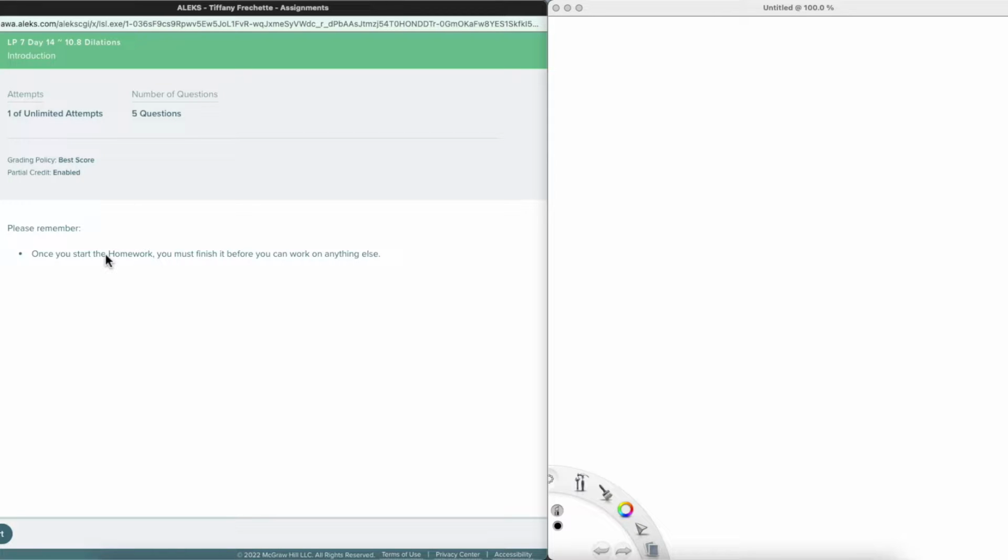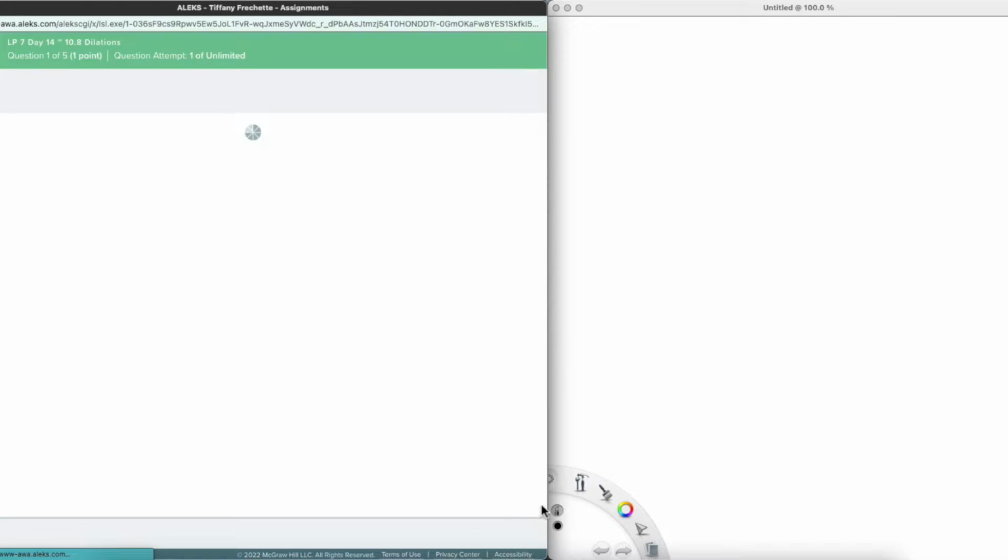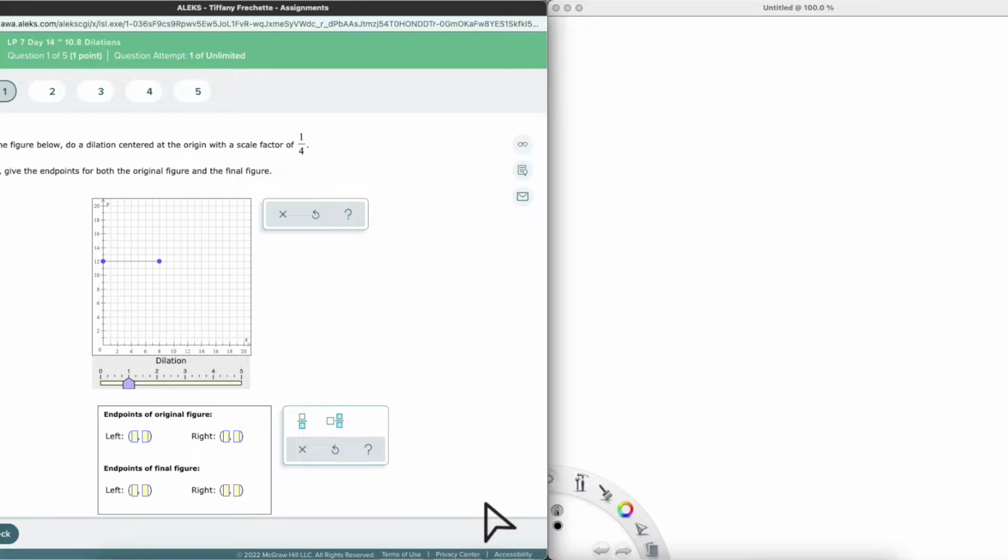Down here it says, please remember once you start your homework, you must finish it before you can work on anything else. That means once I click start, down here in the bottom right corner, I will see a submit assignment button. That is how we finish our assignments, by clicking that button. And what it means by you can't work on anything else is that the system is actually going to lock out all of your other assignments and your resources until you click that button, because it's trying to leave this attempt open. So it's trying to help you by doing that, because some other